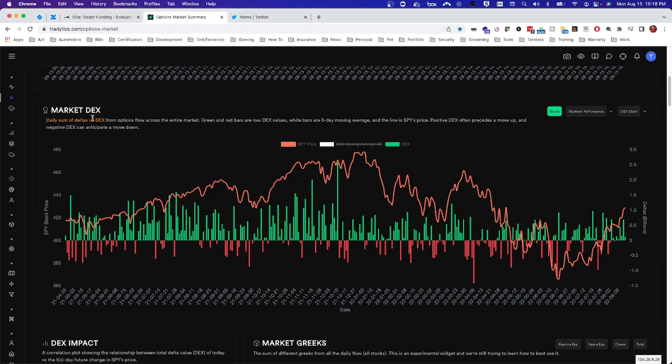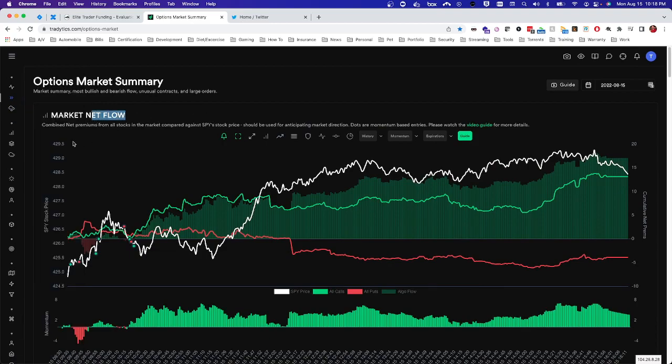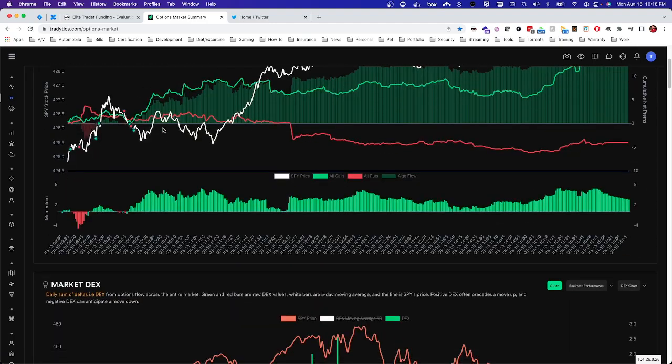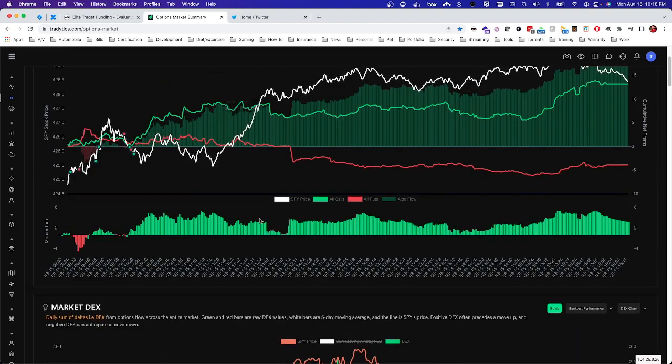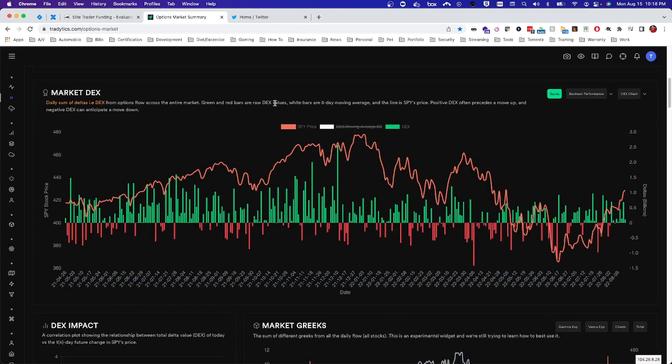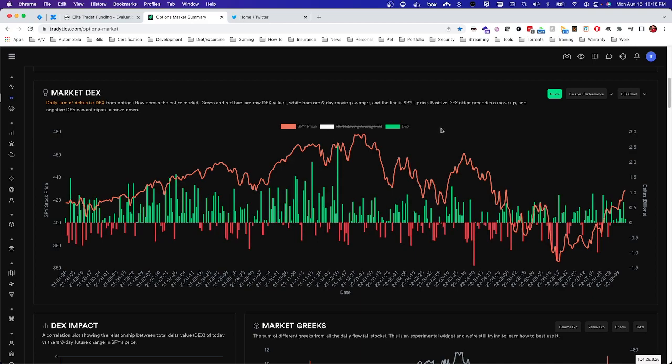So what I have in front of me is Market DEX. You can find this on the market dashboard if we go to options. My favorite tool, really, Market Net Flow, is shown here. If we scroll down, now we have this Market DEX. It shows options flow across the entire market, just like Market Net Flow does, but instead of showing options net flow between calls and puts, it's actually showing raw delta exposure values. It also has a 5-day moving average that you can see here, which can help. However, I'm going to turn this off for the purposes of this video, which you can do by clicking this. And then you can see this orange line is the price of SPY, and it tells us here